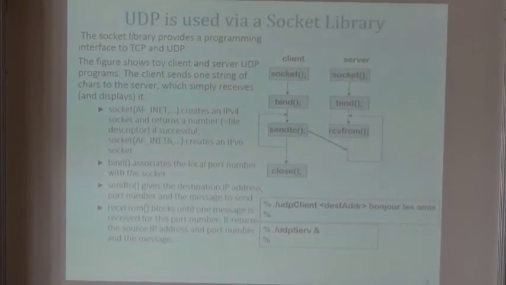We say here that UDP is a non-connected protocol. Non-connected means there is no connection between the two ends. Connection means a synchronization, state information that they share. Here there is none, which means you can start the client and, without knowing anything of what the server has done, you can send the data